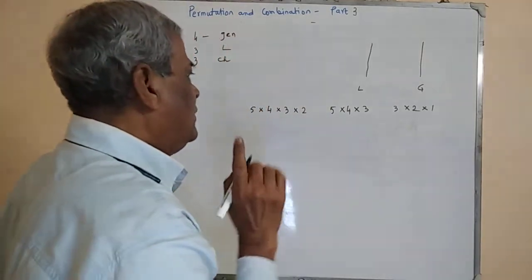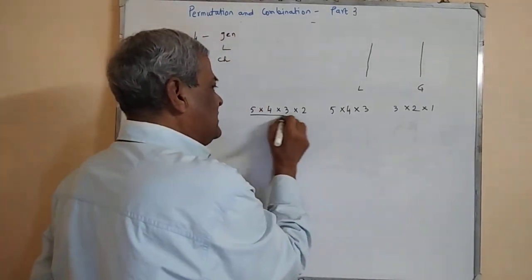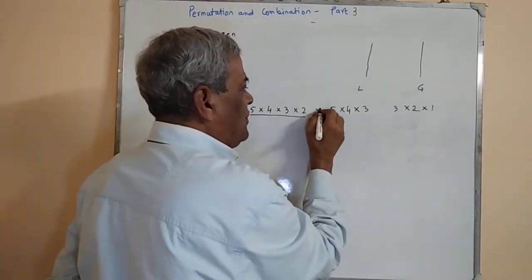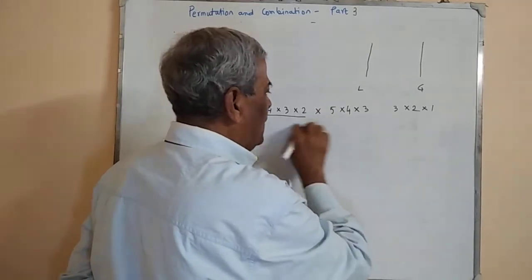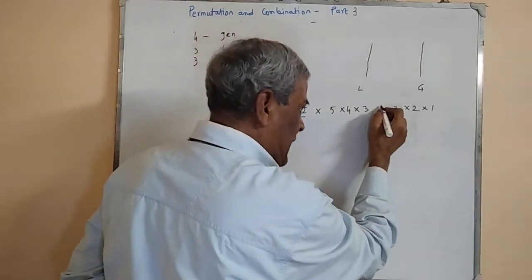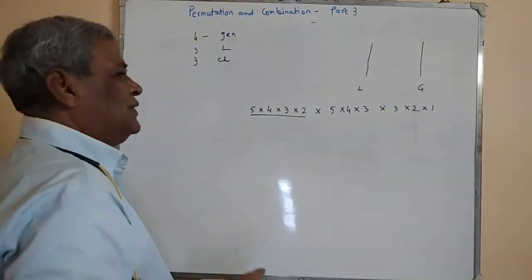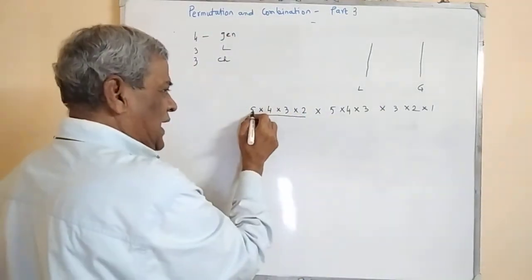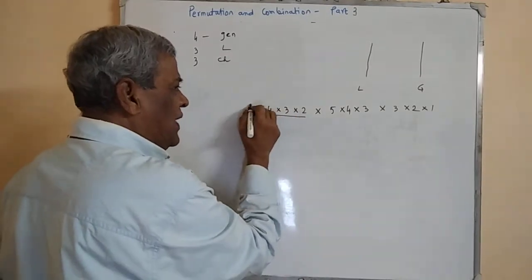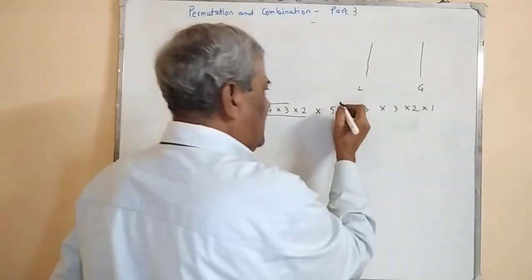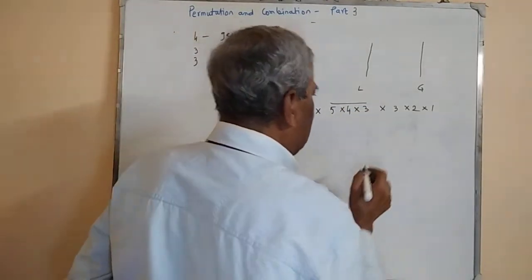This is the position. So for each set, for ladies this one, for boys or children this. So this is our answer. It is 5 into 4, 20, 60. Up to this is 60. Up to that is another 60.